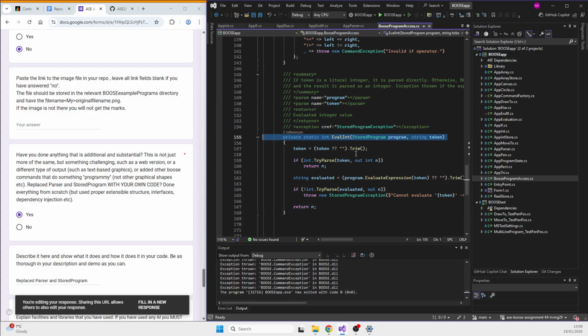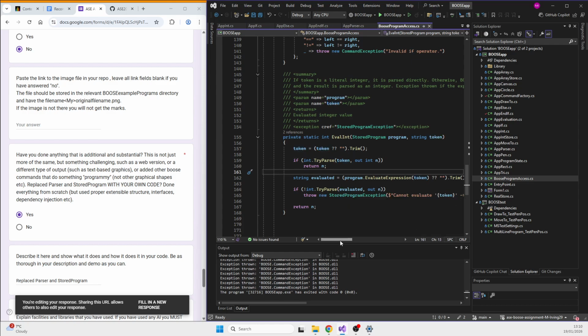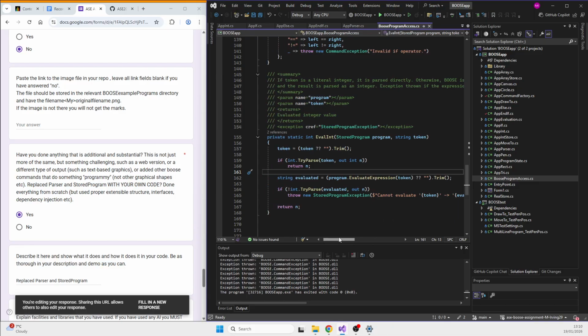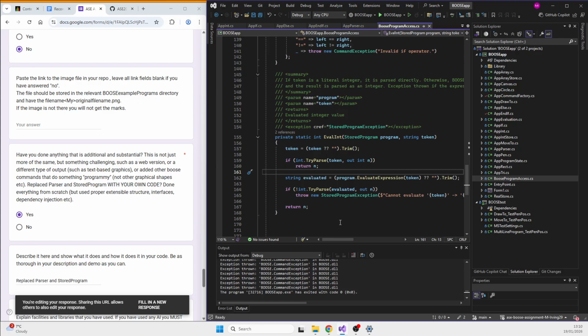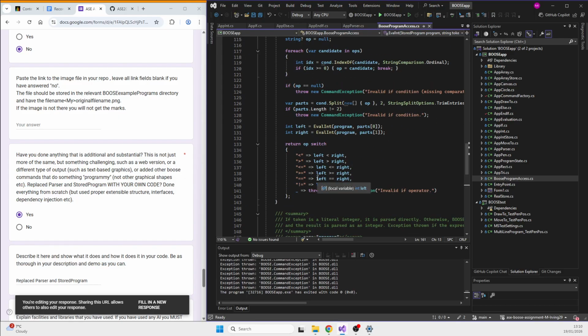So this is just relevant to the integer part, which is the only variable I got sorted, but it just takes the token, trims it, tries to parse it, evaluates it, and then throws the exception if it can't evaluate. That's pretty much it.